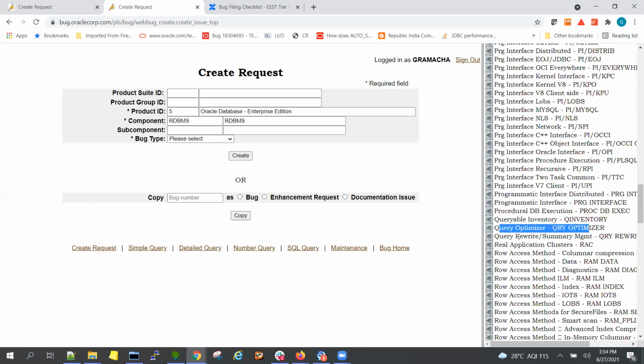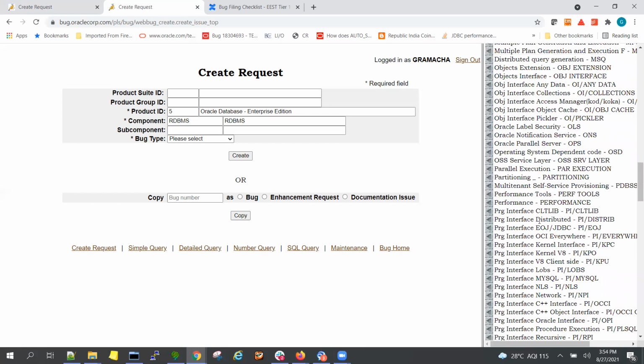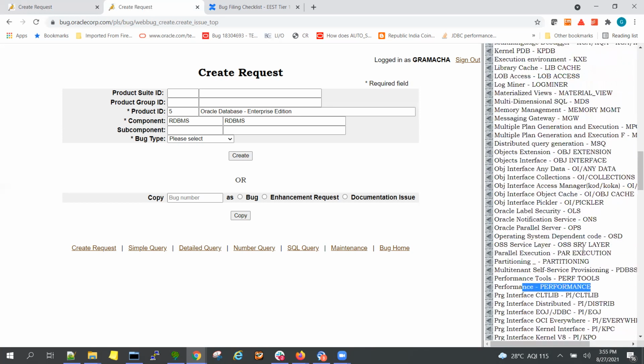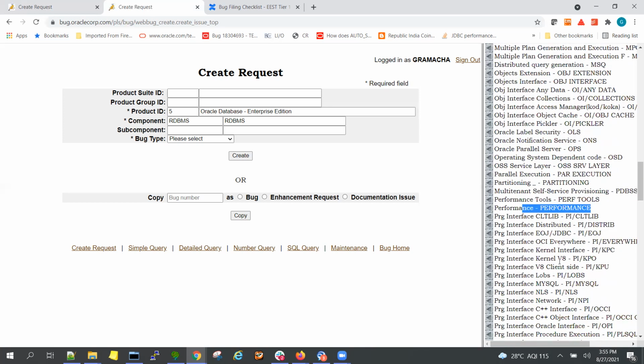Next, Oracle parallel server is there. Normally we use parallel execution for PX related issues, and partitioning for partitioning issues. Anything related to perf tools, we use the perf tools. For general performance, if you're not sure, or you have a concurrency issue, you can use the performance subcomponent.